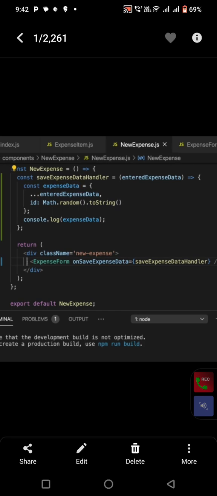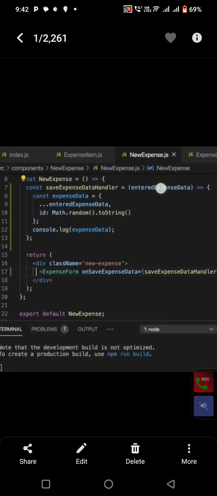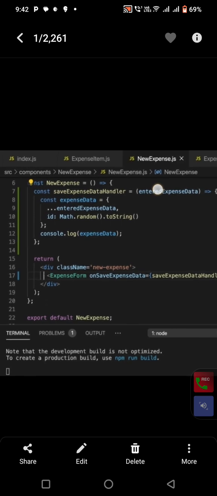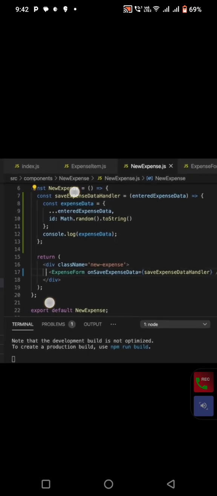It will simply merge the previous expense data with the entered expense data here in line number 7, which is passed as an argument where my mouse is hovering. Now if you go to expense form,